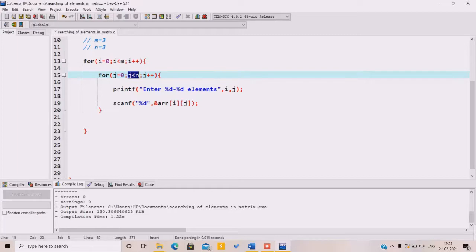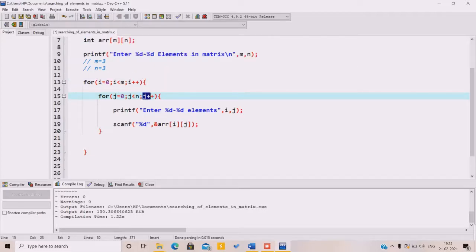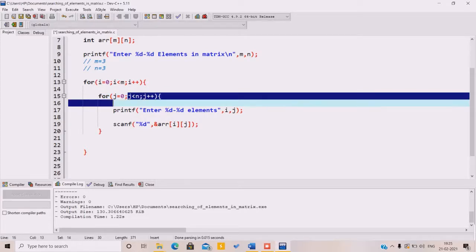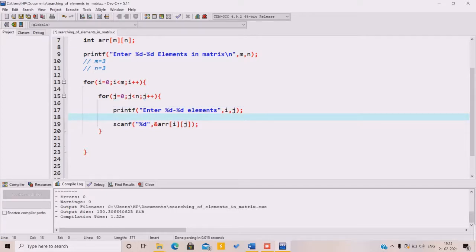Then it comes out of the loop and increments the value of j to 1, and again checks whether j is less than n. This time n is 3 and j is 1. So this condition is satisfied. Again it comes under the loop, and this time i is 0 but j is now 1, so it prints row number 0.